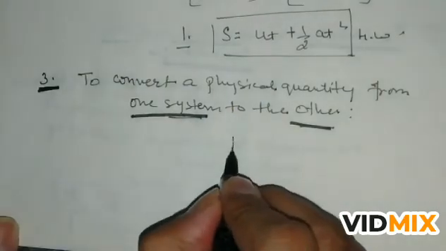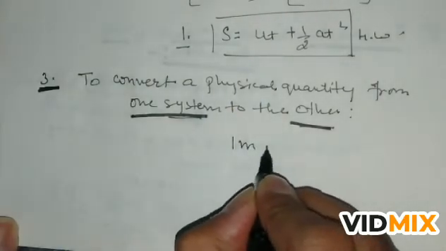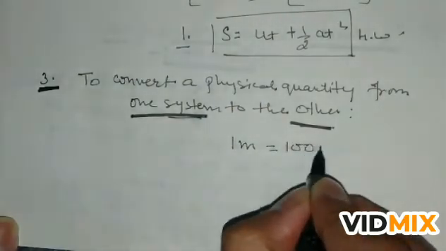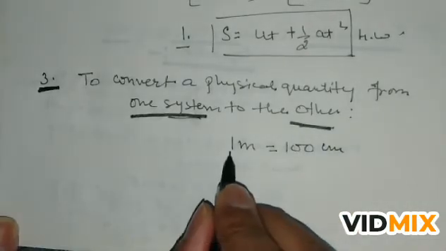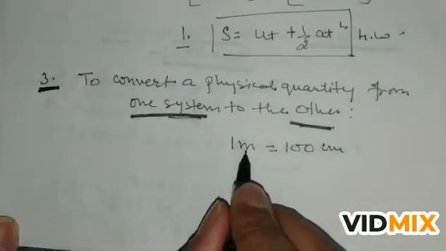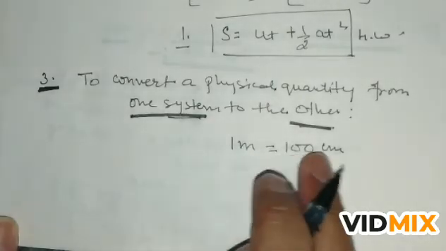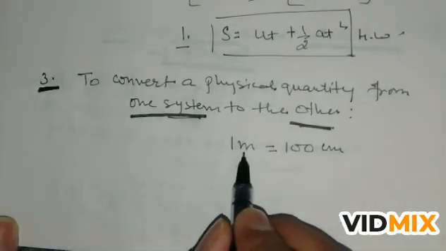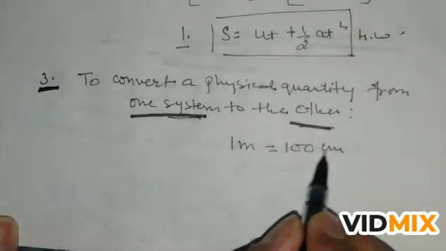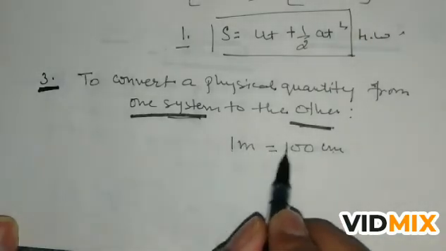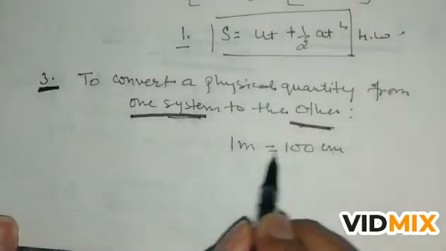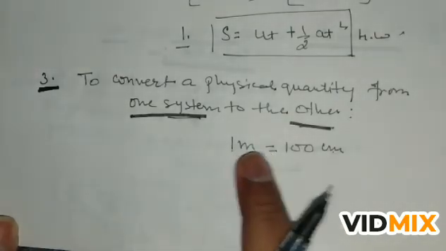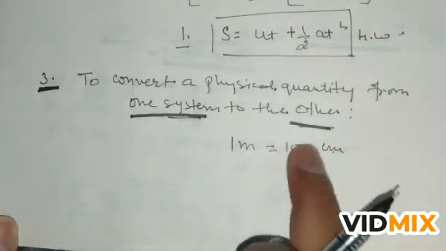Suppose I had written 1 meter and it is equal to 100 centimeter. So 1 is the numerical value of the unit meter and it is equal to 100 centimeter. If you see this, तो यहाँ पे क्या दिख रहा है कि जैसे हमने यूनिट को छोटा किया, मीटर से सेंटीमीटर किया, तो इस न्यूमेरिकल वैल्यू की वैल्यू बढ़ गई, 1 से 100 हो गया. तो जब भी हम किसी भी यूनिट को छोटा करेंगे तो उसकी जो न्यूमेरिकल वैल्यू होगी बढ़ती चली जाएगी.